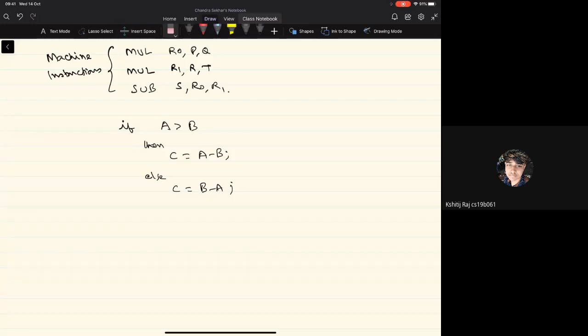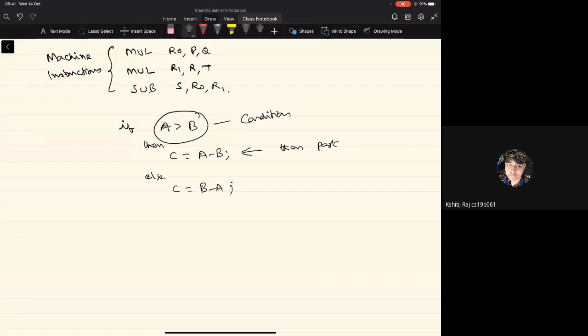How do I represent this statement as a sequence of machine instructions? What are we required to do here? We have a condition here, so we have to check for that condition. If the condition is true, then we have to execute the body of the then part.